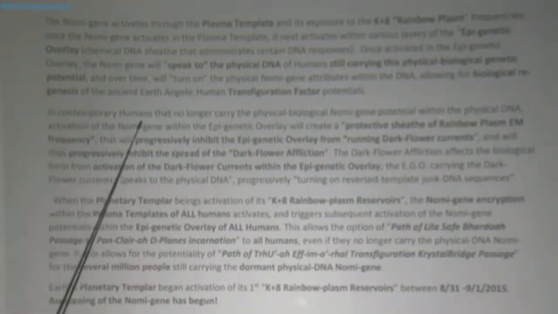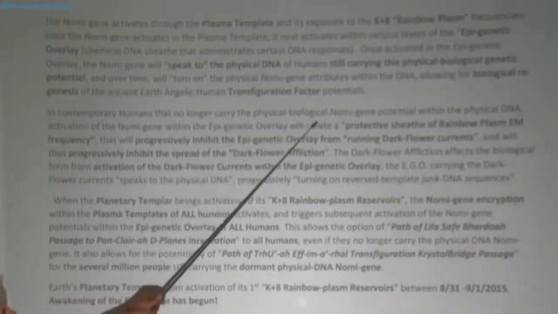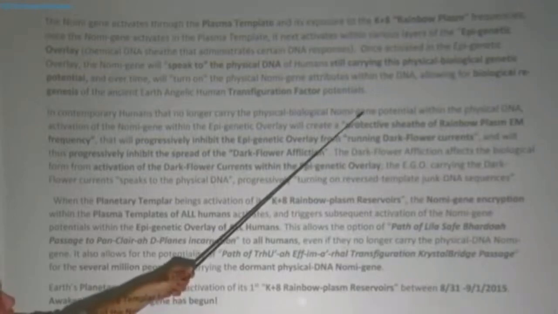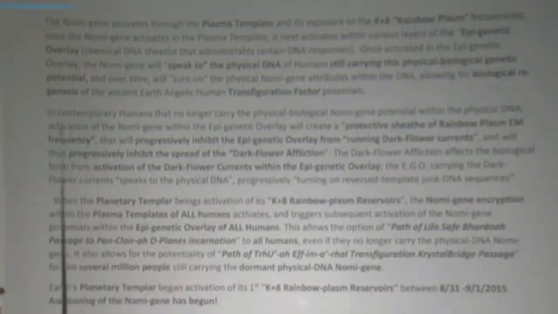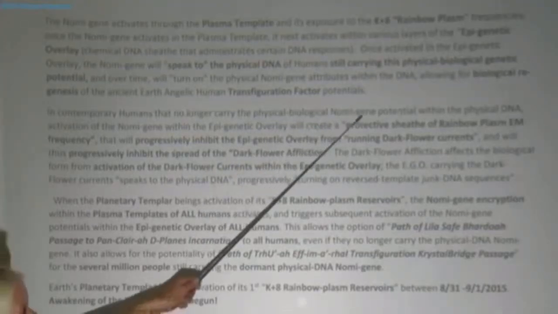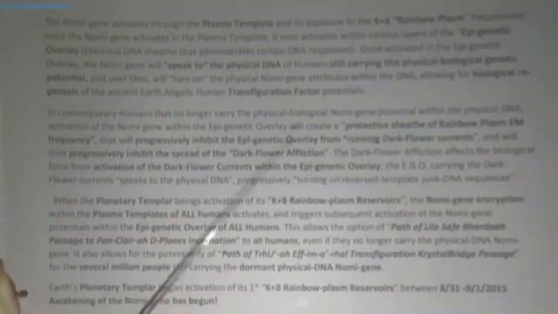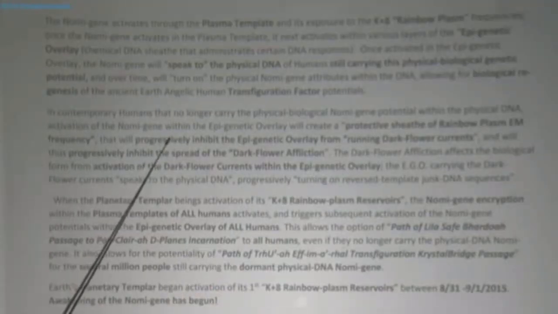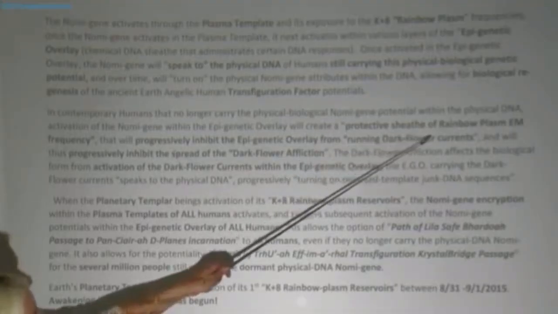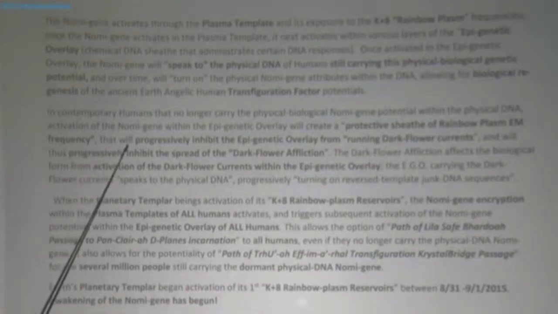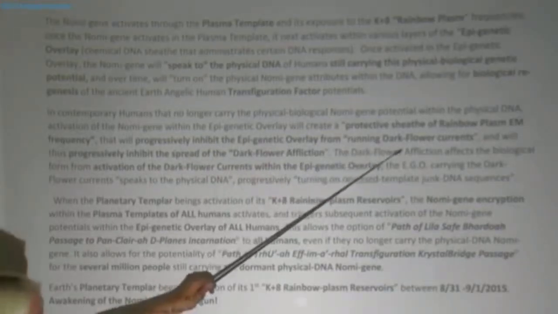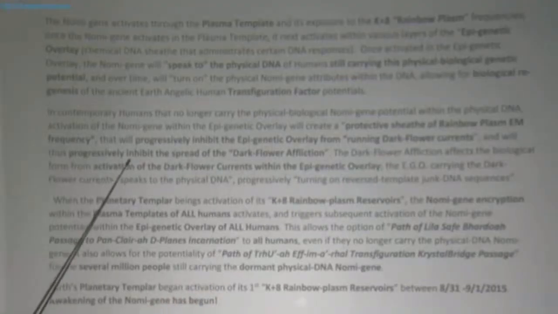In contemporary humans that no longer carry the physical biological NOMI gene, in other words, if the gene isn't in your manifest DNA, it's not all hopeless. Activation of the NOMI gene within the epigenetic overlay will create a protective sheath of rainbow plasm electromagnetic frequency that will progressively inhibit the epigenetic overlay from running dark flower currents, and will thus progressively inhibit the spread of